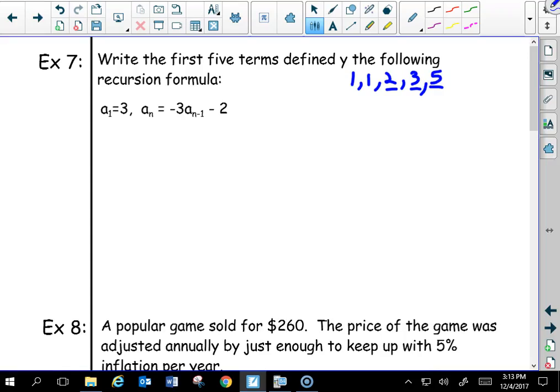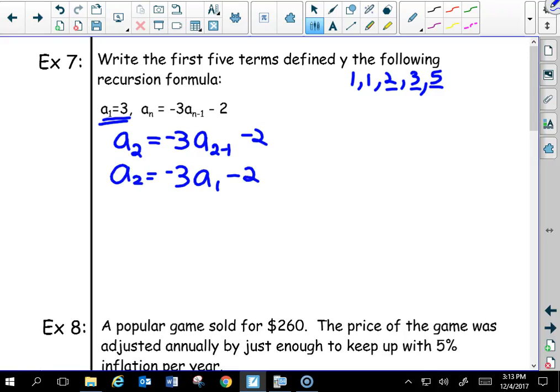Let's take a look at this. Now, with a recursive formula, they always have to tell us what to start with. And we're looking for the first 5 terms. So a sub 1 is 3. Let's look at what happens for a sub 2. That's going to be negative 3 times a sub 2 minus 1, minus 2. That's negative 3 times a sub 1, minus 2. So in this formula, it's always using the previous term to multiply by negative 3. So for my second term,